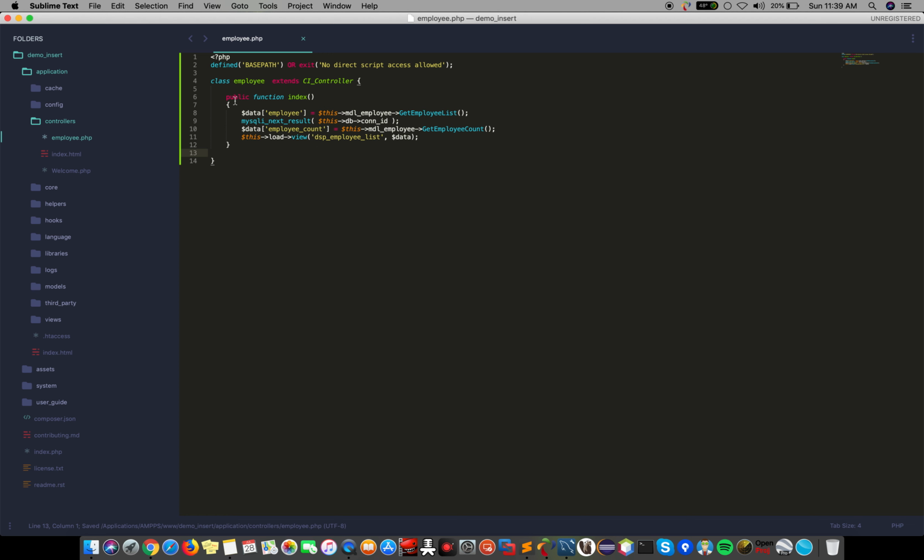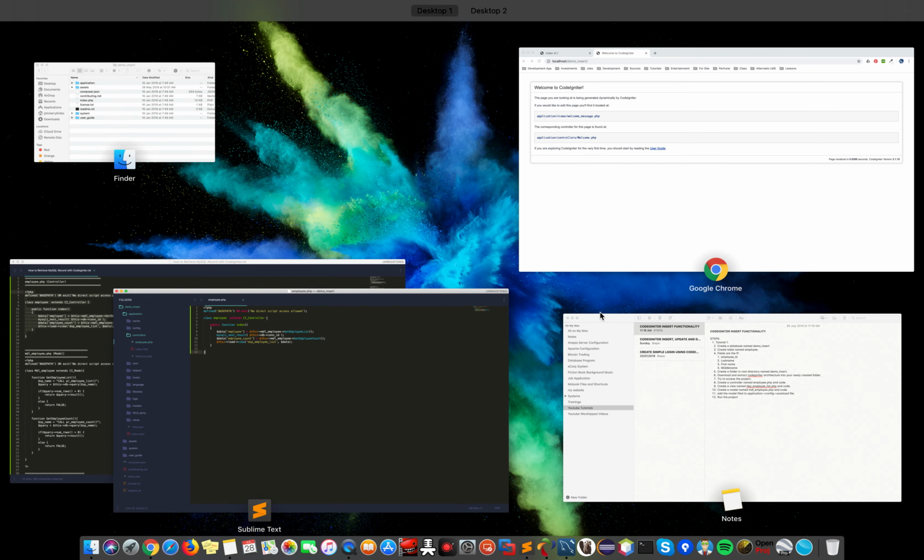Okay, we have an employee controller, employee.php, and under the controller employee.php we have a class named employee. Under that class we have a public function index, with code inside this method. Later on I am going to explain to you what the functions of these lines of code are. So next is